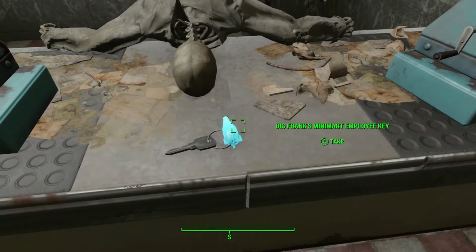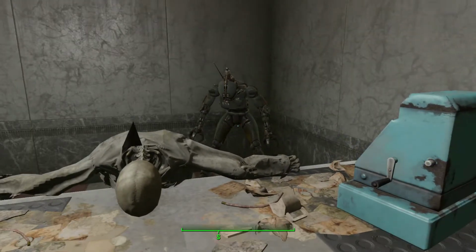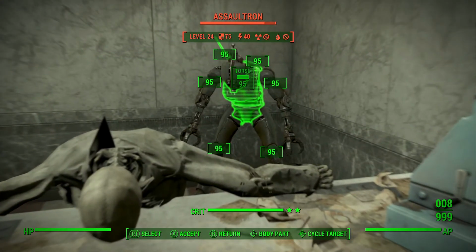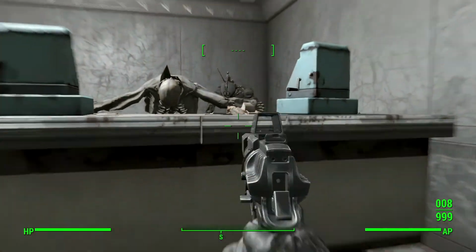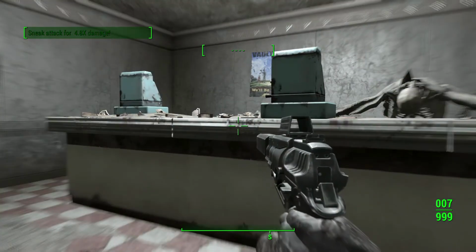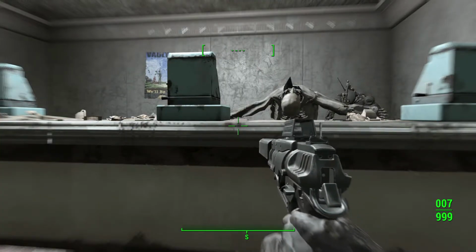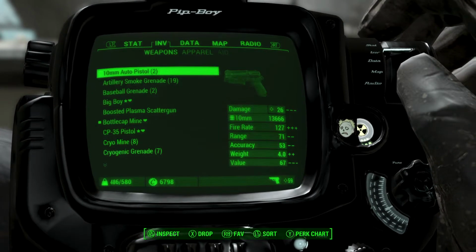And so right away we find a key. At that point I didn't really know what the key went to. And we see an Assaultron in the background. I shot it, I guess, just to see if it was still active or not. I mean, looks to me that it's not active, so...